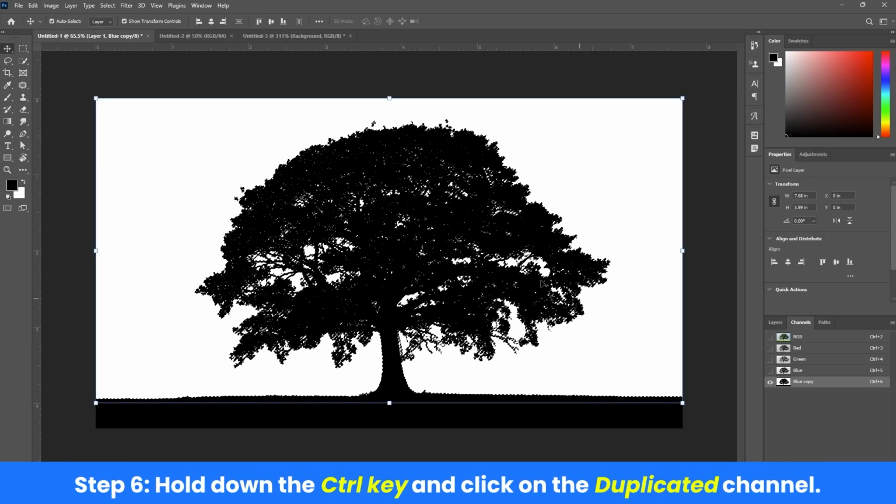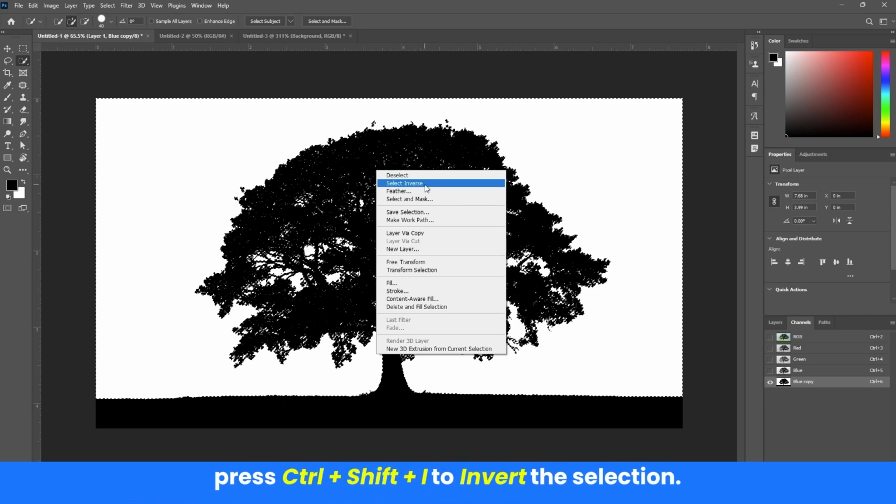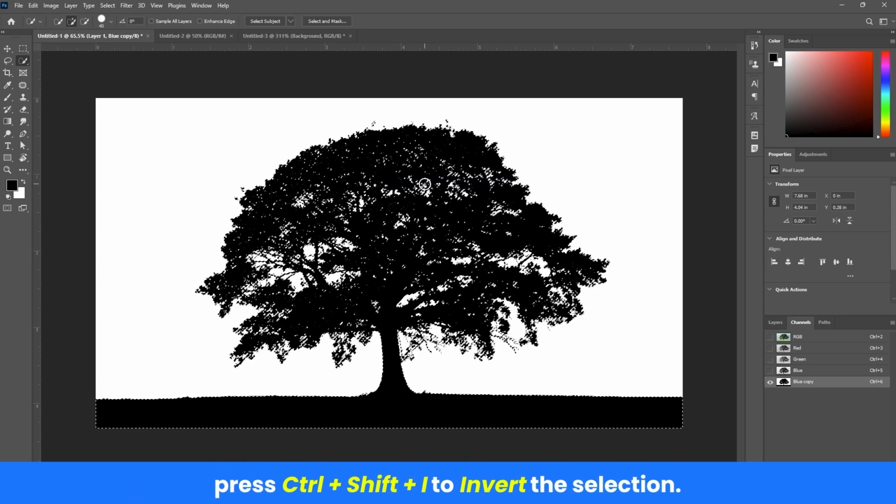Step 6. Hold down the Ctrl key and click on the duplicated channel. This action will create a selection of the white areas. Step 7. Use the selection tool and go to Select, Inverse, or press Ctrl plus Shift plus I to invert